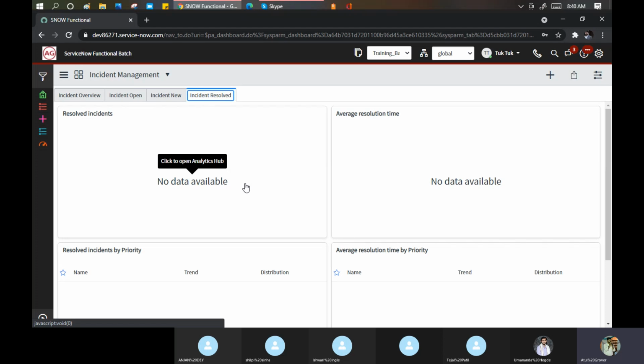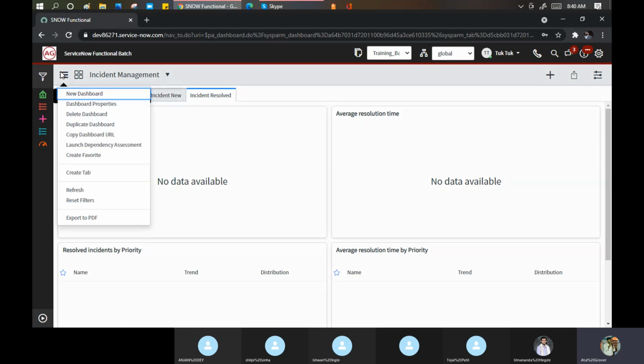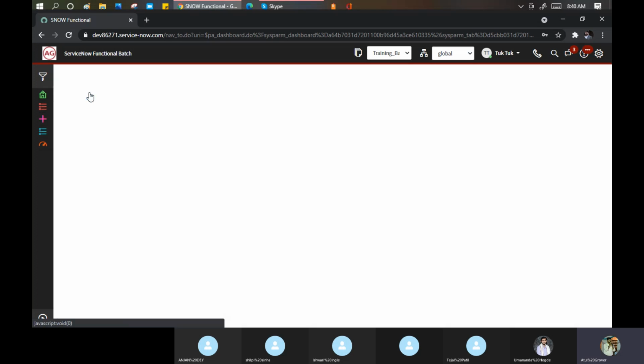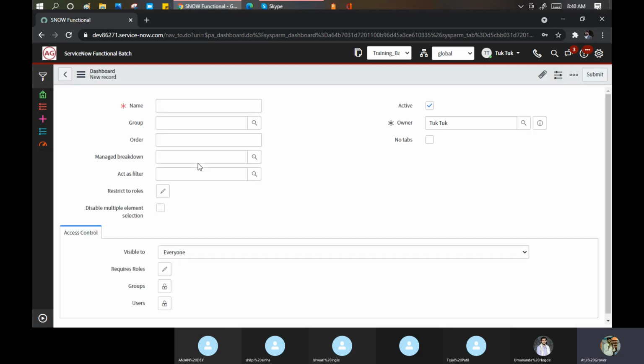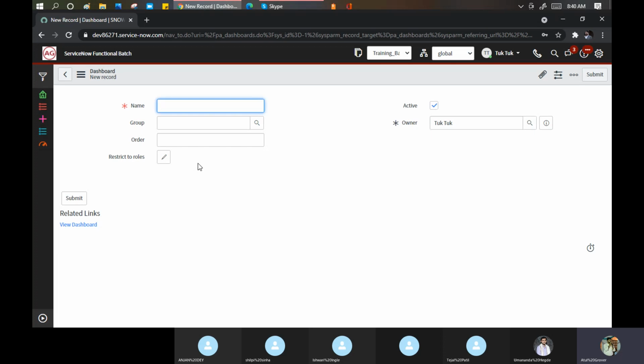Now we will see how I can create my dashboard. Go here, new dashboard. When you click on the new dashboard, put the name of the dashboard here.